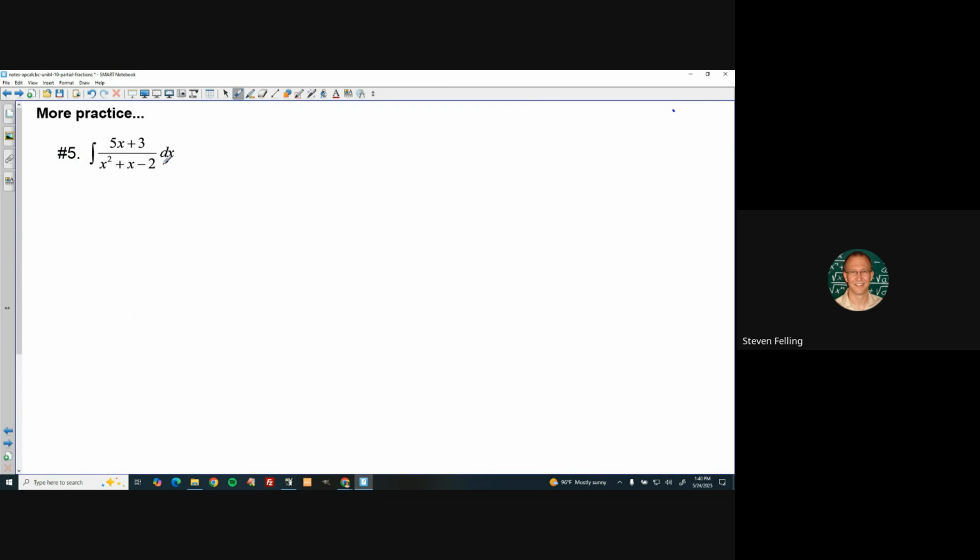For this problem, I would start by factoring the denominator. So we've got x squared plus x minus 2, and that factors into x plus 2 times x minus 1. And so if I factor that, then the fraction 5x plus 3 over this is factored. That means I have two non-repeated linear terms in the denominator, so that's going to be A over x plus 2